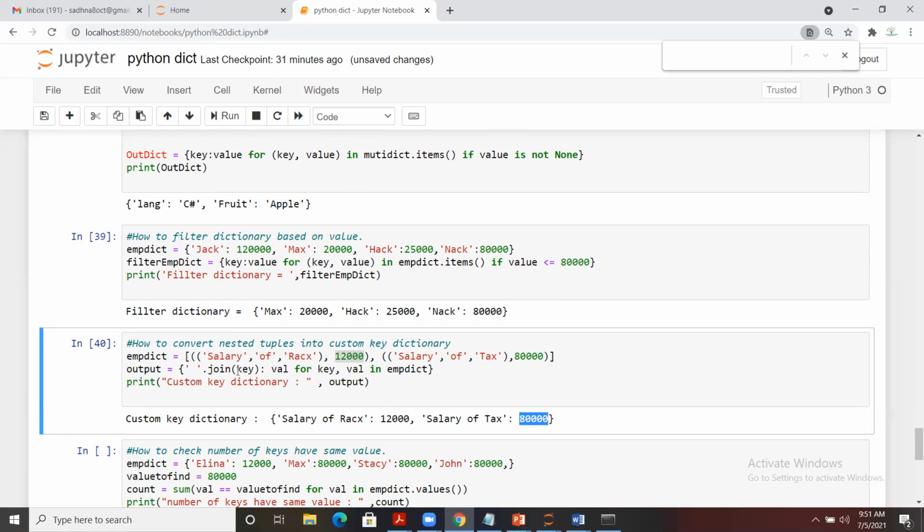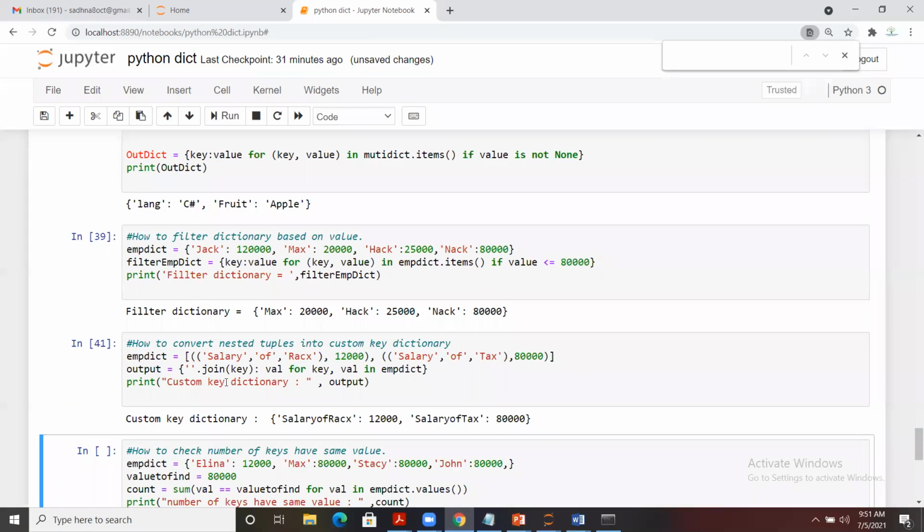You have to make certain changes to this code, then only you will be able to understand how it's working. Let's say if I make it something like this, you will see that the name which was there, those were the values in that nested tuple.